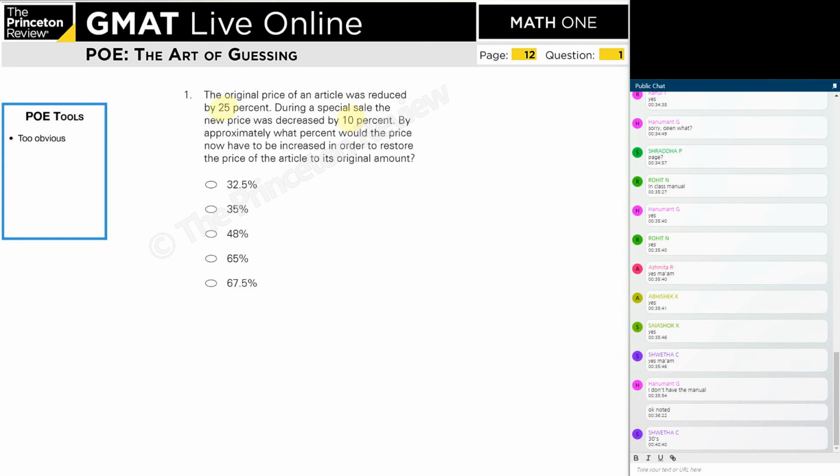But do you think, okay, no, but 25 plus 10 is 35. Okay, so 35 is something which grasps the attention of most of the students. So 35, it cannot be that easy because this is too obvious, 25% plus 10%. So if you are getting a very obvious answer, something within 5 seconds, after reading the question or just by looking at the question, that is definitely not the answer to the GMAT question. GMAT is not going to give you any question for which you will get the answer within 5 seconds, right? So please take care of it.